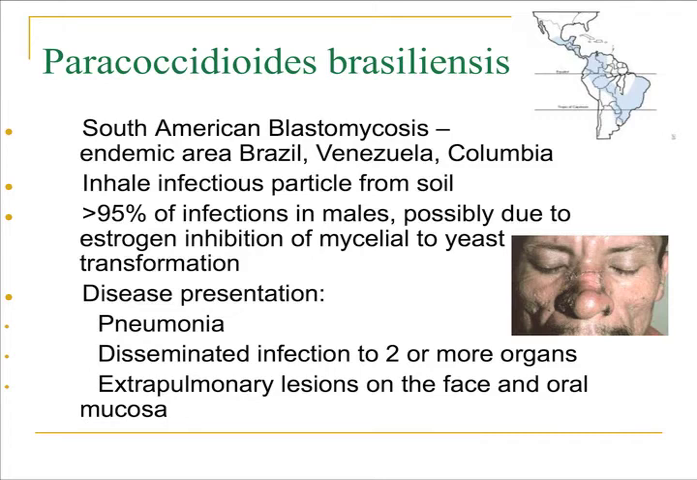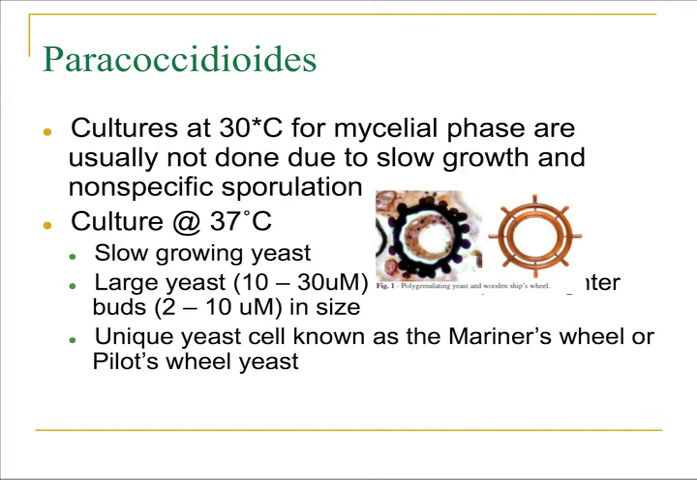On the next slide, you can see the laboratory presentation of Paracoccidioides. Cultures at 30 degrees for the mycelial phase are usually not done because this organism is so slow growing, and oftentimes you do not get characteristic structures produced on the mold phase. The culture at 37 degrees is slow growing, but the most characteristic thing about Paracoccidioides is the yeast that is